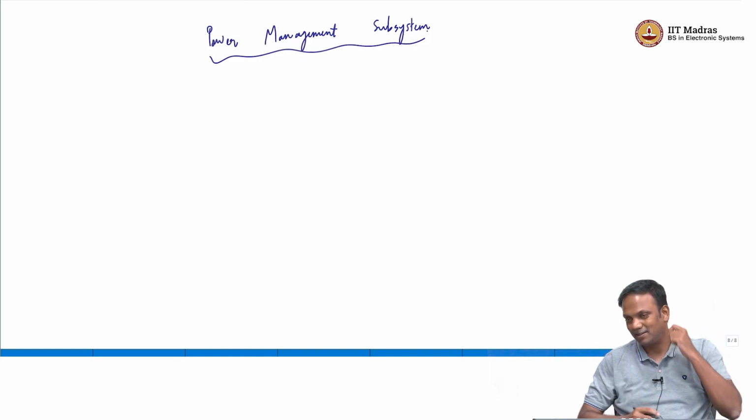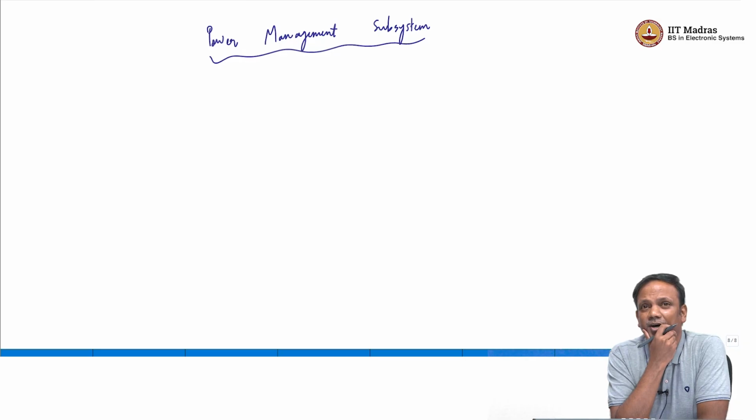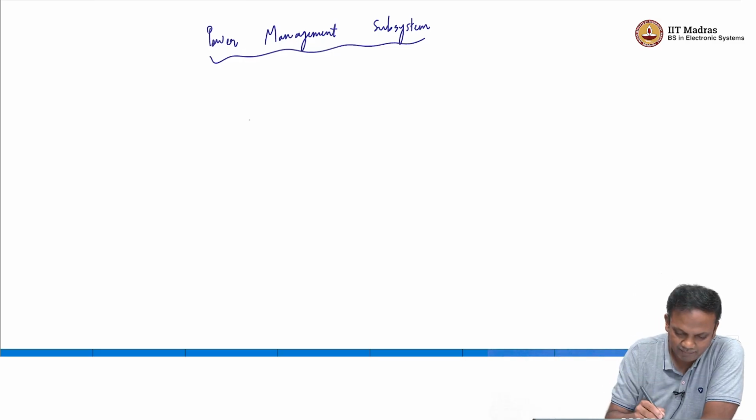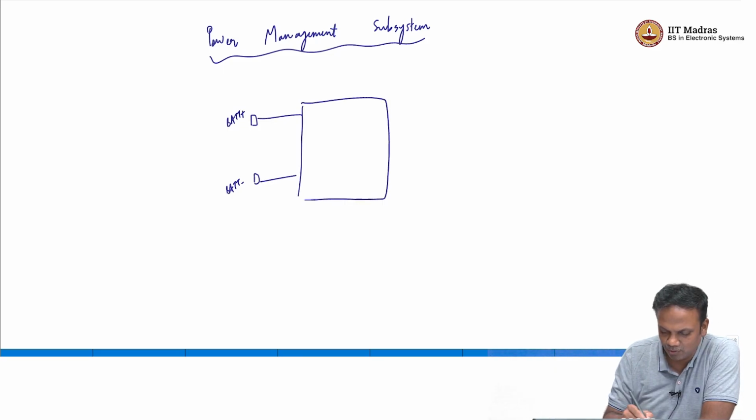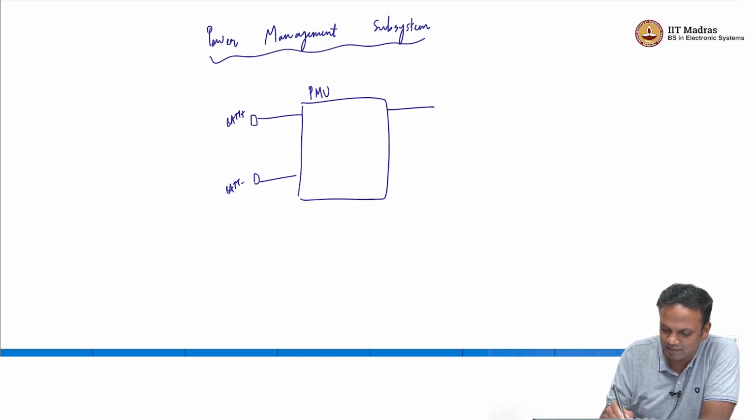So, now you think about it for a second, right? You say, okay, I have a battery. So, I have battery plus and battery minus. Now, I am going to put something in the middle. What that something is, I do not know. I am just giving it a name called power management unit or power management subsystem, and this is now going